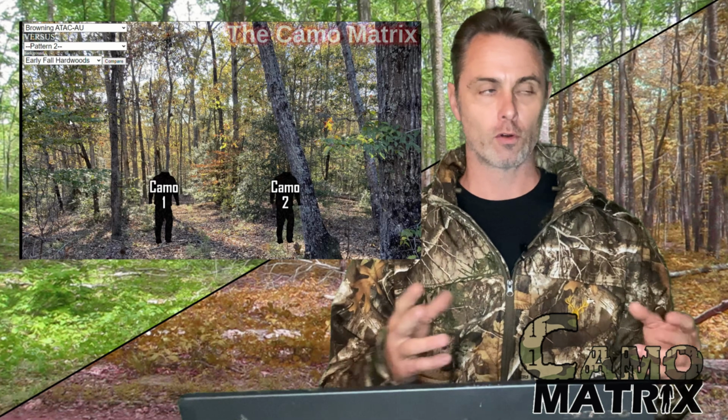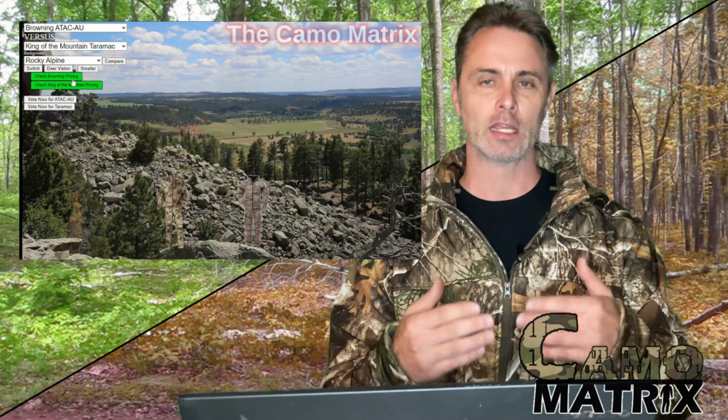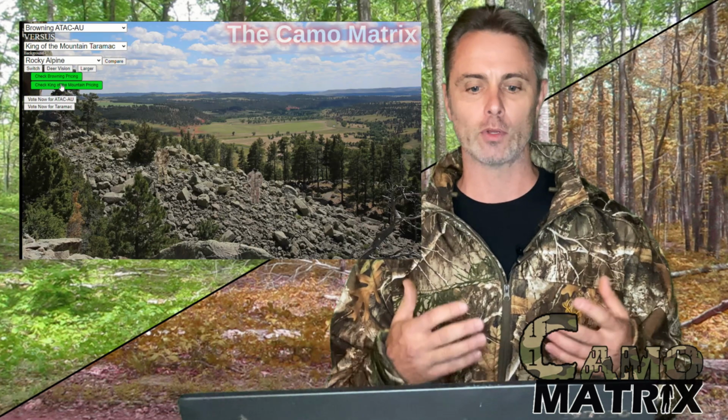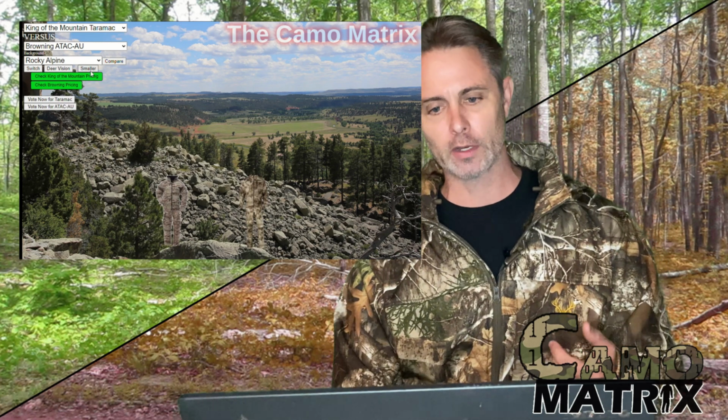In addition, the Camo Matrix tool, I'm going to be changing it also to a single viewer. So we'll still have the Camo Matrix tool where you can compare the two different ones and change it from human vision to deer vision and move it around. But we'll also have one where it's just a single camo in a single background. This way it can get you a little bit closer to that camo and see it a little bit better. So look for improvements on the deer walk videos,